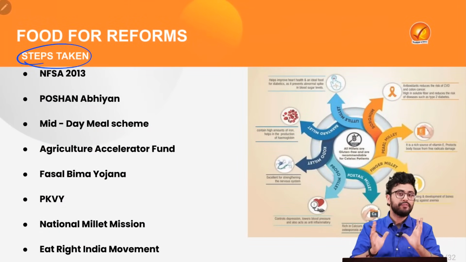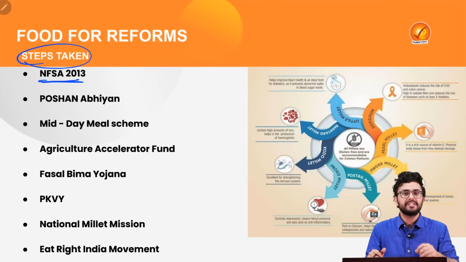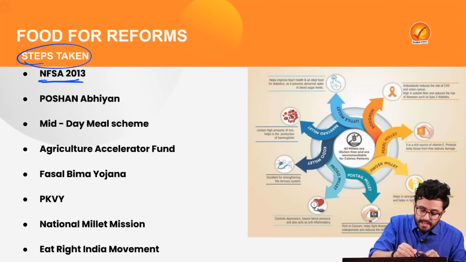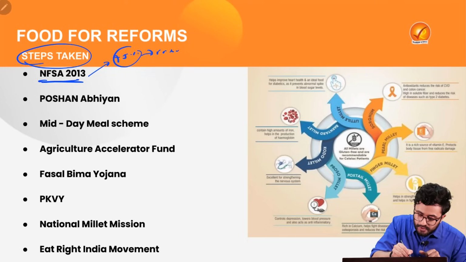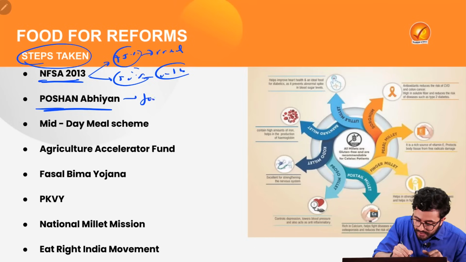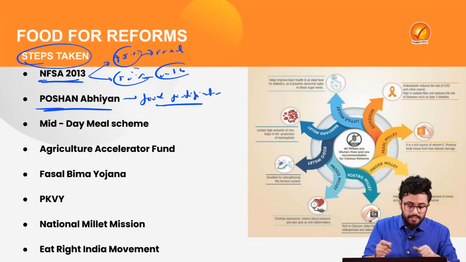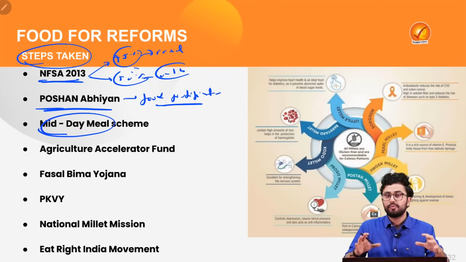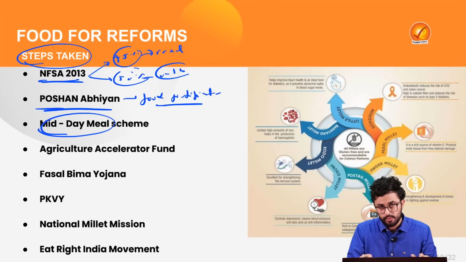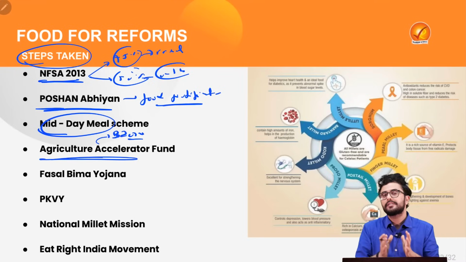First and foremost, to ensure food security in our country, the government has launched the National Food Security Act 2013, under which subsidized rice and wheat, the staple food, is provided to 75% of the rural population and 50% of the urban population. Then the government has launched Poshan Abhiyan, under which we are striving for food fortification to ensure nutritious food supply to children, women, elderly. Then the government has also launched the midday meal scheme to provide cooked food in the primary government schools. Also, in the budget of 2023, the government launched the Agricultural Accelerator Fund,